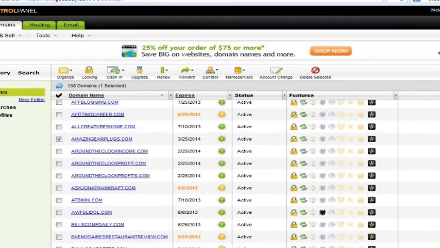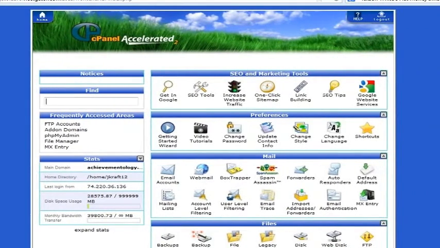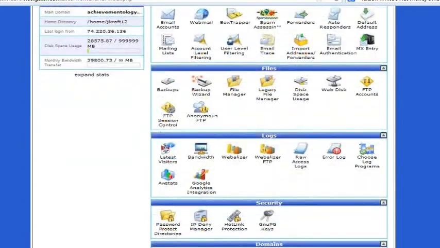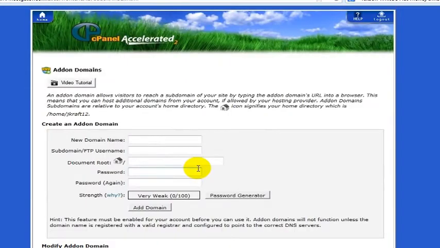So what we want to do then is go to our hosting. I am logged in here, and this will be different if you're hosting with somebody other than HostGator. But in HostGator, I'm logged into the control panel. And what I want to do is go ahead and click on Addon Domains, and I want to add a new domain name. So in this case, we're going to go with